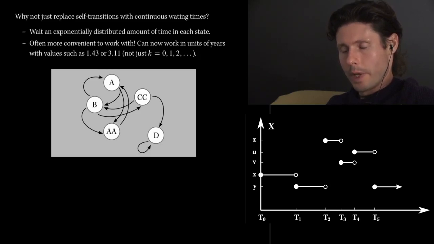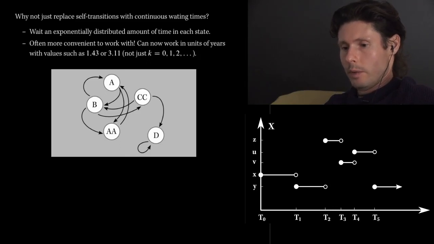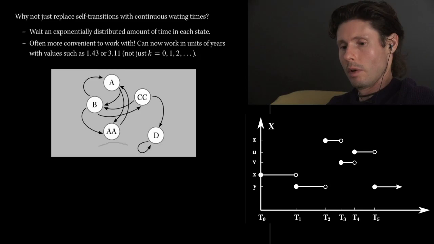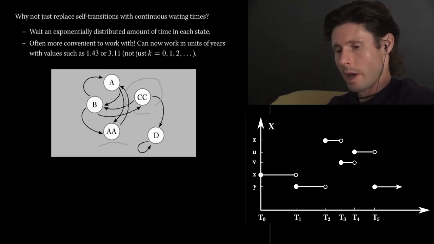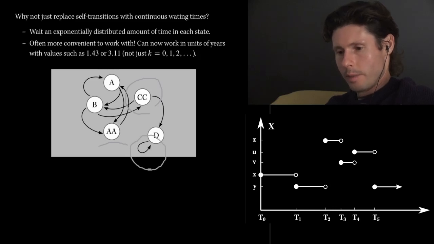We're just going to pick an exponential and work with that. So every single state here would have an exponential random variable associated with it, which tells us how long we're going to maintain such and such a rating. There's going to be an exponential random variable for the state AA, which says how long the bank will maintain the AA rating. There's going to be the same thing for the CC rating and so on and so forth. I've added one last self-transition, the only one here, which will be used for a very special purpose.